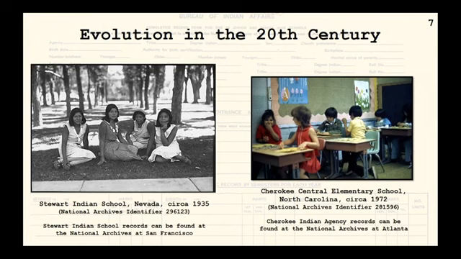The 1928 Merriam Report, which deeply criticized the BIA's education efforts and helped usher in the Indian New Deal in the 1930s, further forced schools to change. Numerous schools closed in the 1930s, while others, most notably the Santa Fe Indian School, embraced or started to embrace Native culture and fostering Native art. So here on this slide, we see a 1935 photo from the Stewart Indian School grounds, right outside Carson City, Nevada, and the uniforms, they're long gone.